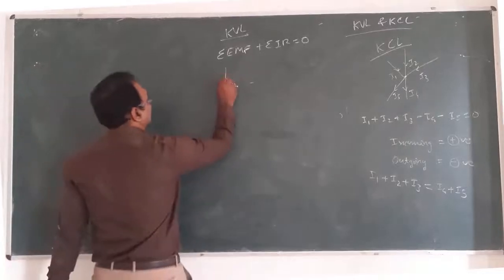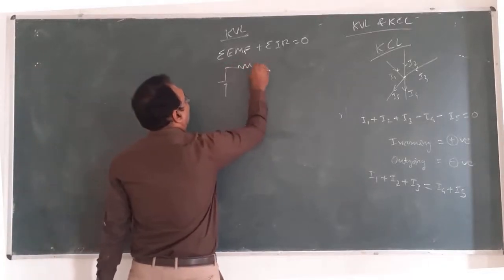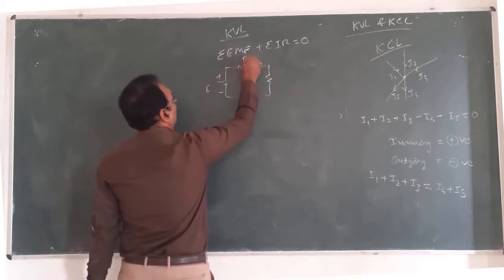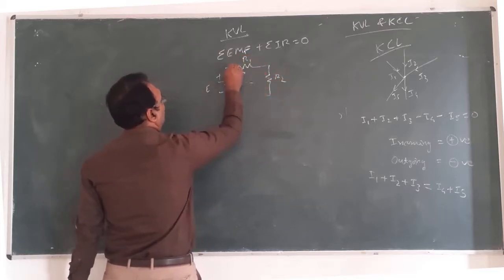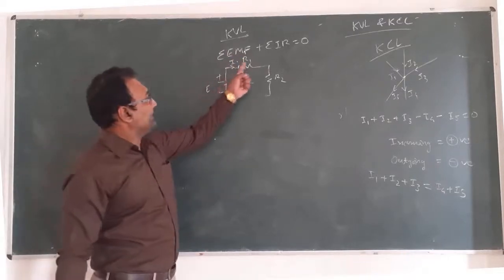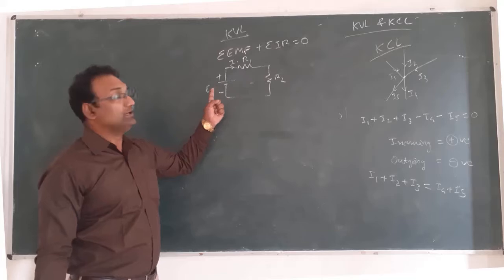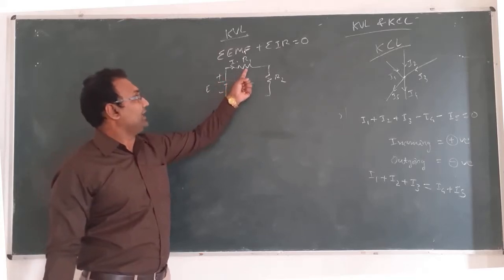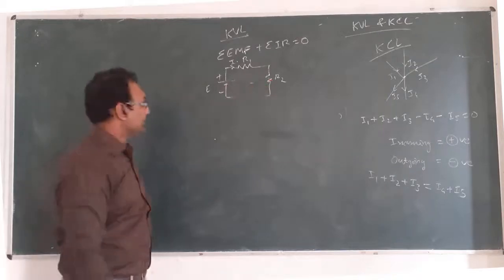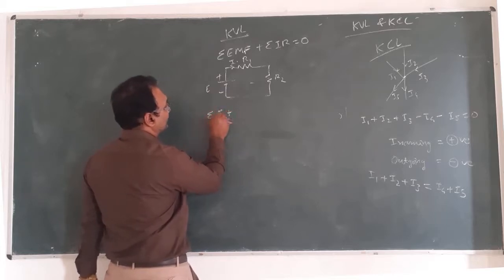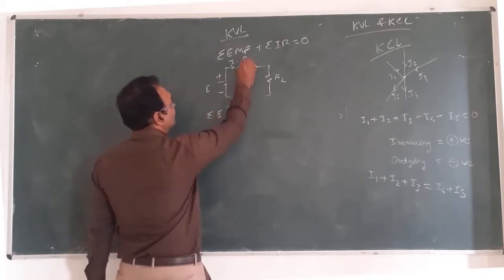Means it says that in any closed loop, the total algebraic sum of the EMFs will be equal to the voltage drops, right? So the EMF, that is summation of E, will be equal to